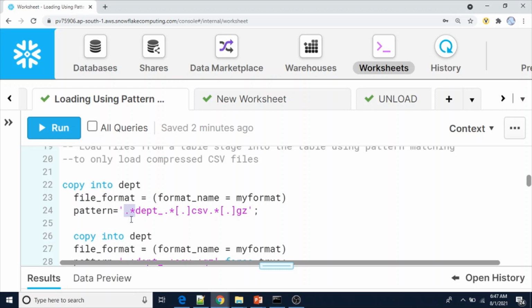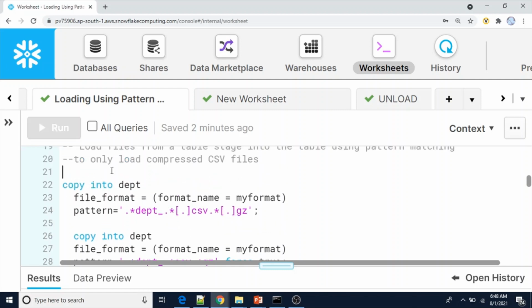If your file name contains anything before dept underscore, we will consider it, and after that, dot star, so anything after that we also consider. And then we are escaping the period before the dot csv, and the same before gz. Now let me execute this one.